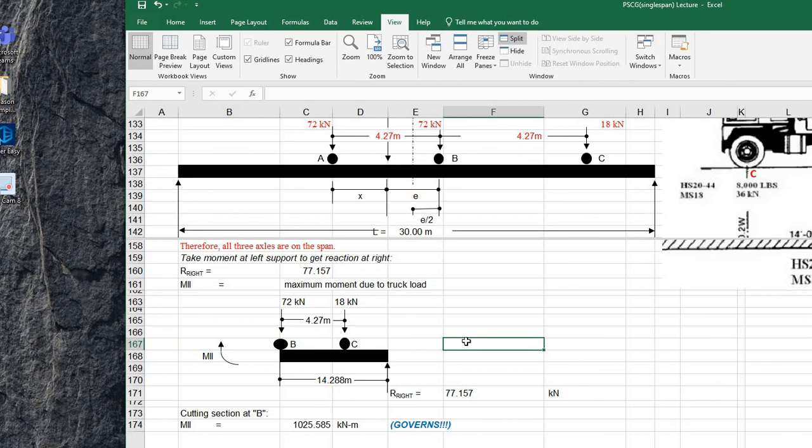So, let's get that. Summation moment at point B is equal to 0. So that is equal to 18 times the lever arm of 4.27. Okay, then